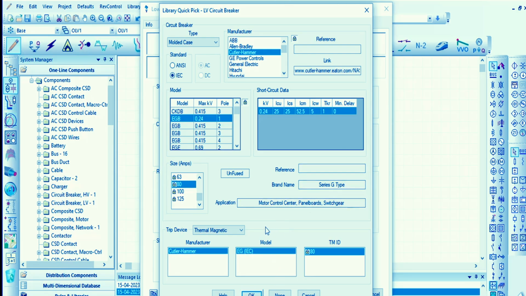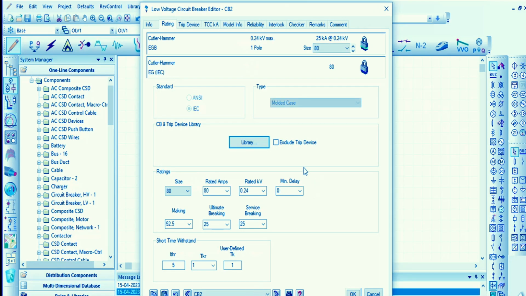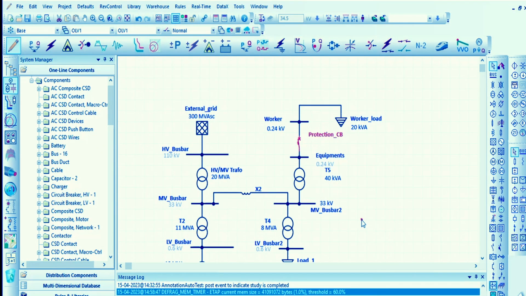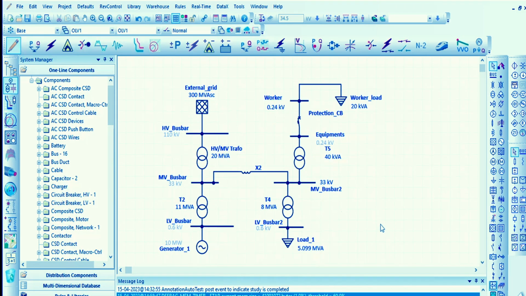So what we do, we have done just a calculation of an ohm law, and we click OK. So you see automatically this table is updated with the ratings and with the size. So after this kind of amperage, it will be automatically switched. So let's click OK now,